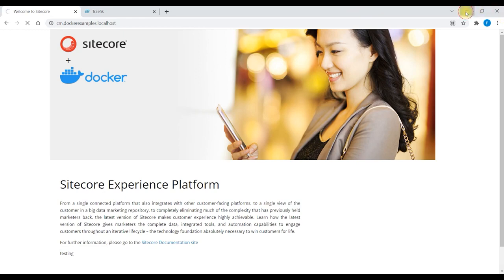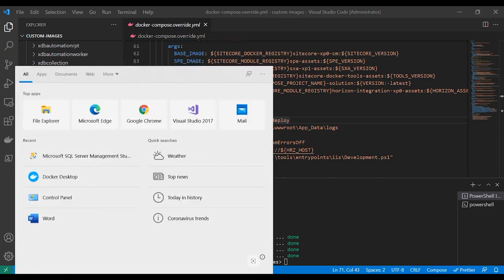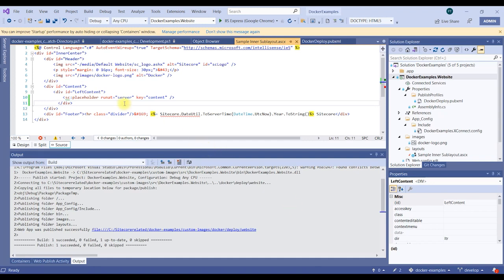Now the other thing is we have to check how we can publish something into a running container, and at the same time, what entry points are and what a volume is. Let us take an example of a volume. I will make some changes in the ASPX file, and I will publish, and we will check whether it is working or not. So I have opened it,